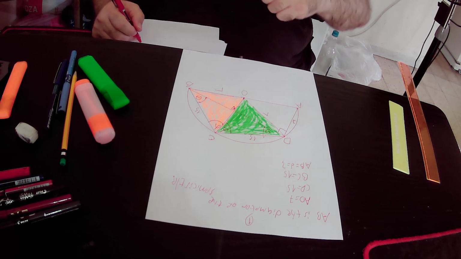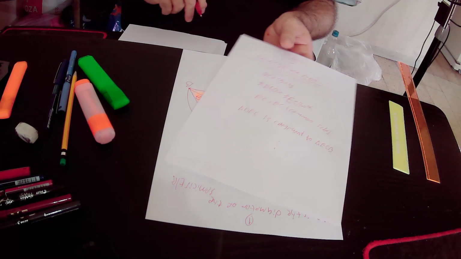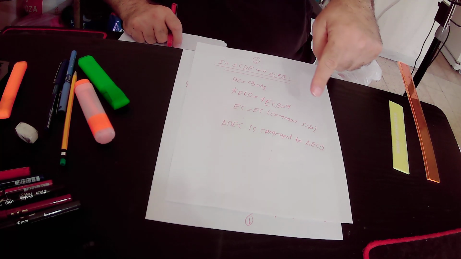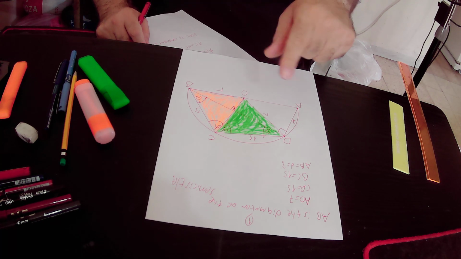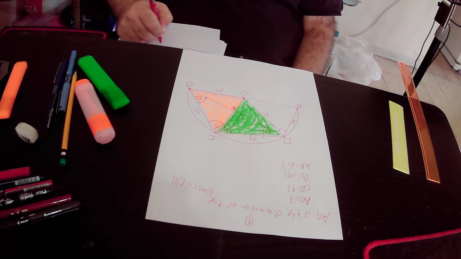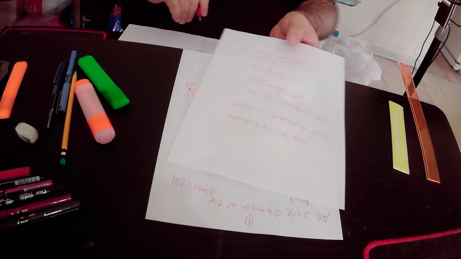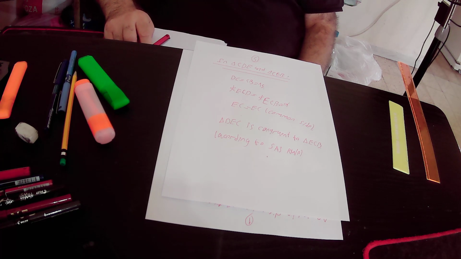That is triangle ECB. Okay, the green triangle, triangle DEC, is congruent to the orange triangle, triangle ECB, according to the side angle side rule. Actually, the side angle side rule